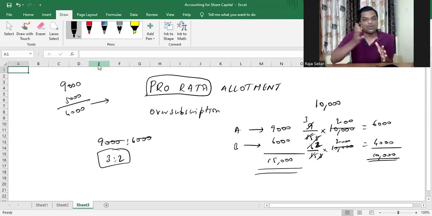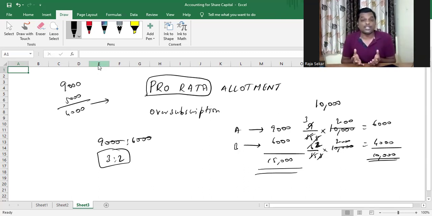Okay. So what we do in pro rata allotment is, as we are not rejecting anyone's application outright, we are allotting some shares to everyone, right? So everyone will have some excess application money available against them. What is excess application money? The application money that they paid on the extra applications that they made. What are extra applications? The number of shares applied for minus the total number of shares allotted to them gives the number of applications made by them which are extra. Whatever application money they had paid along with that extra application is called the excess application money.